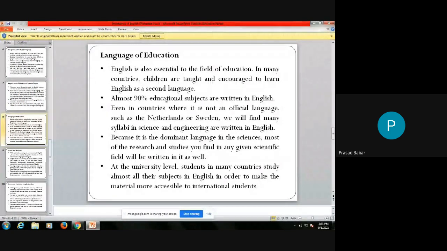Even in countries where it is not an official language, such as the Netherlands and Sweden, we will find many syllabi in science and engineering written in English. Countries like the Netherlands and Sweden do not have English as their official language. These countries have their own mother tongue as their official language, and they are not using English as their official language. But